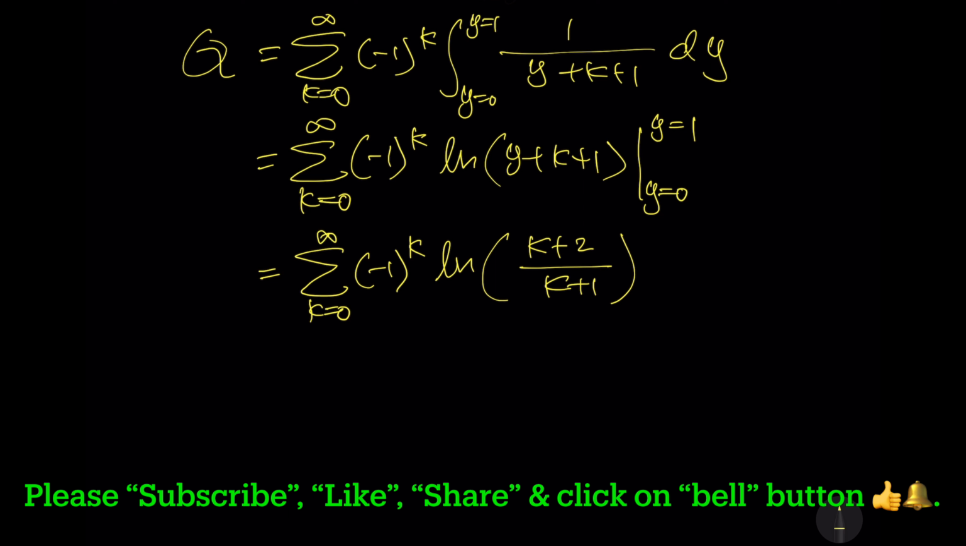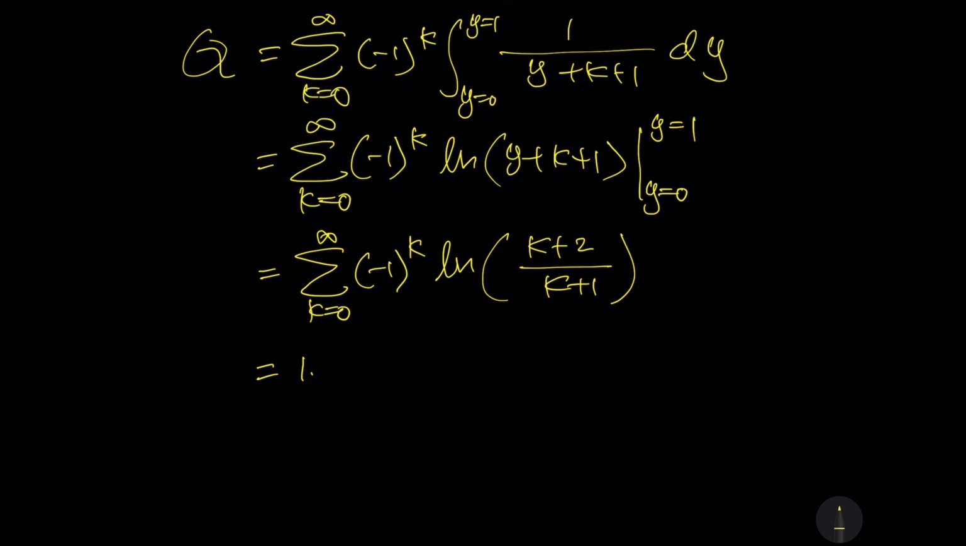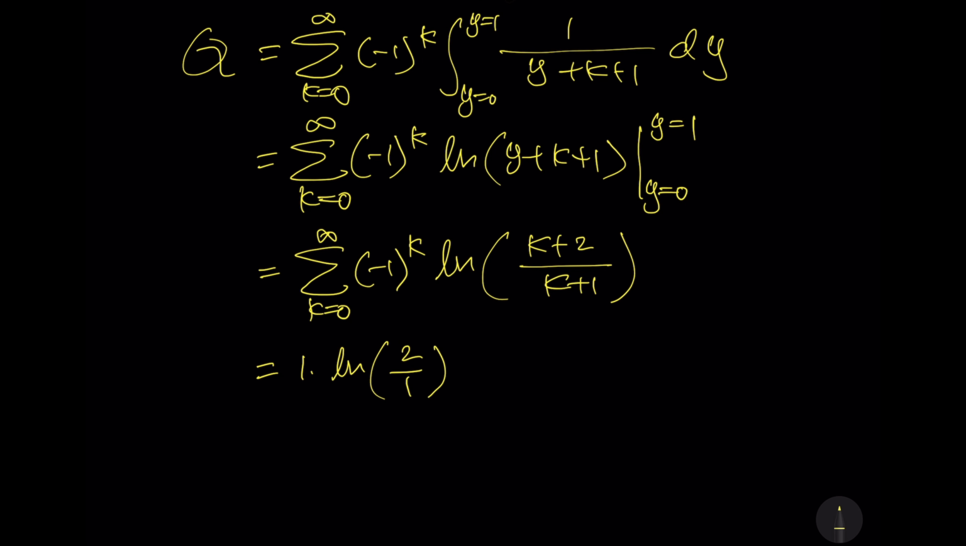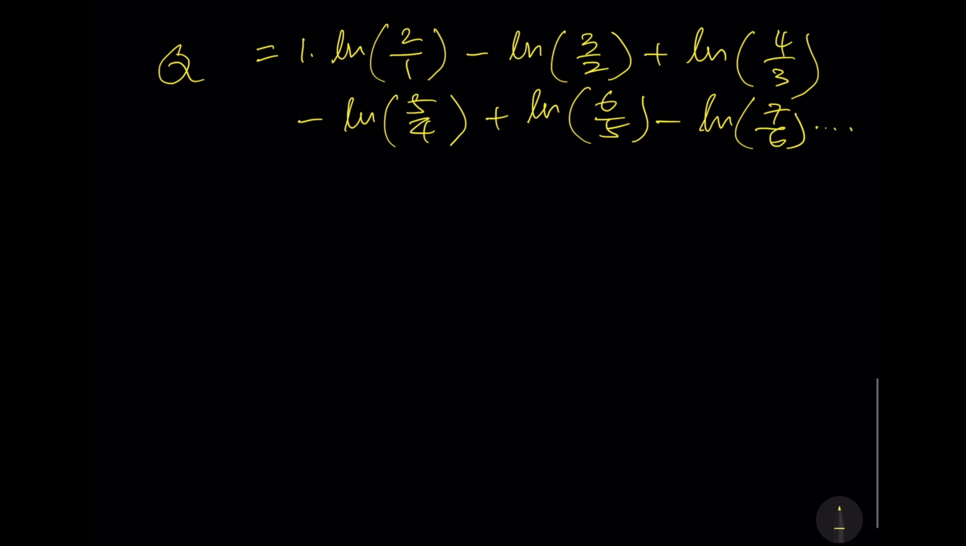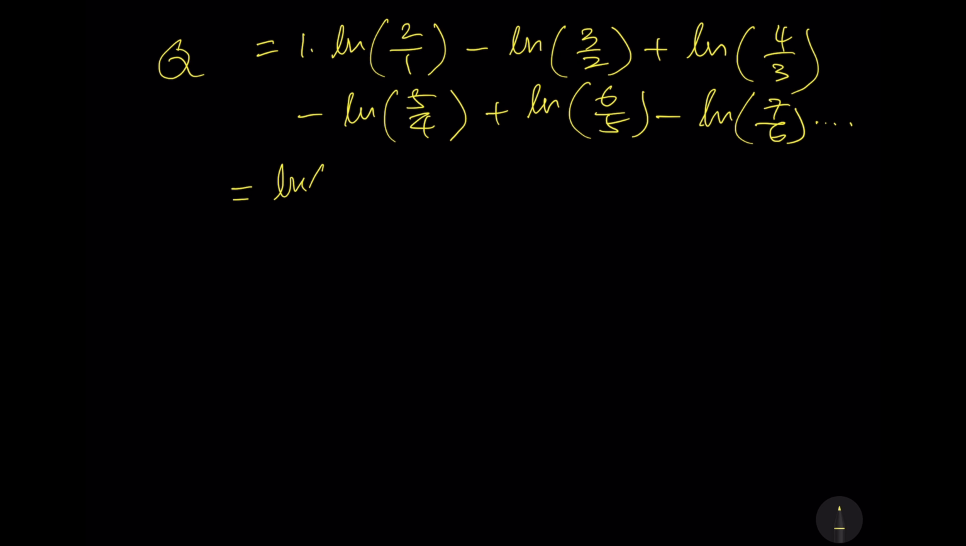which means the negative 1 power k determines the sign of the terms, so positive and negative come out alternately, such as positive natural log 2 divided by 1, then negative natural log 3 divided by 2, then positive natural log 4 divided by 3, then negative natural log 5 divided by 4, then positive natural log 6 divided by 5, then negative natural log 7 divided by 6, and so on. We can change a negative log to positive by inverting the value inside. That gives us natural log 2 over 1 plus natural log 2 over 3 plus natural log 4 over